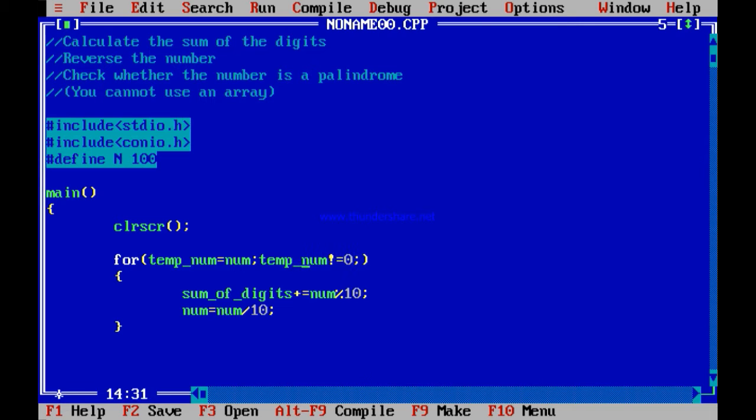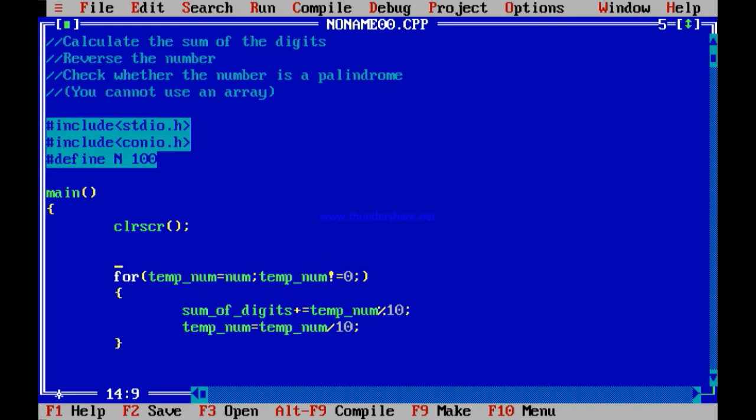So I will initialize temporary number equal to number, and check temporary number not equal to 0. So the sum of digits addition will not be with the number % 10, it will be with the temporary number % 10. Similarly, this number will not change, temporary number will change. I have just used a temporary variable to work on it instead of changing my original variable. So let me now scan, tell the user firstly printf, enter the number.